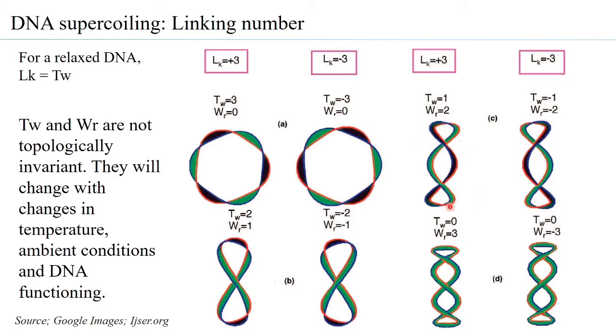Consider again the same situation, but in this case you have 2 Wigners added. Since you have 2 Wigners added, the number of twists is going to be 1. So you can see that this black portion is 1 and this green portion is 1. The twist has decreased by 1, but the Wigner has increased by 2. So therefore effectively again it is 3. The same applies to the other one.